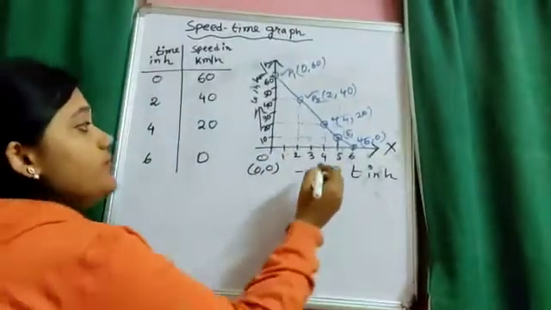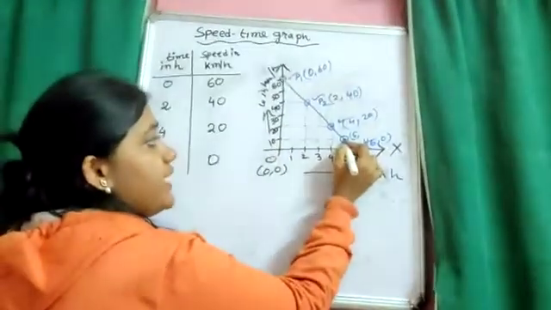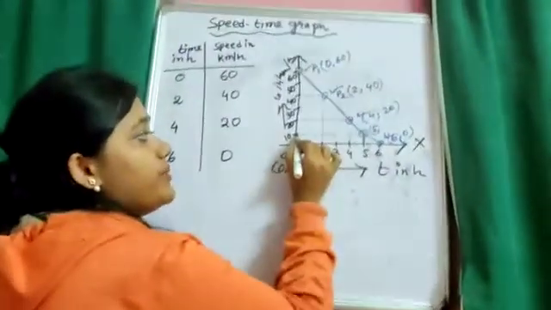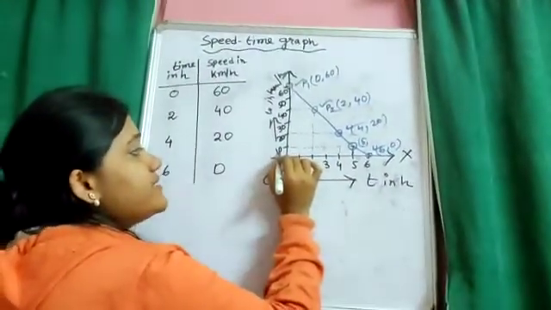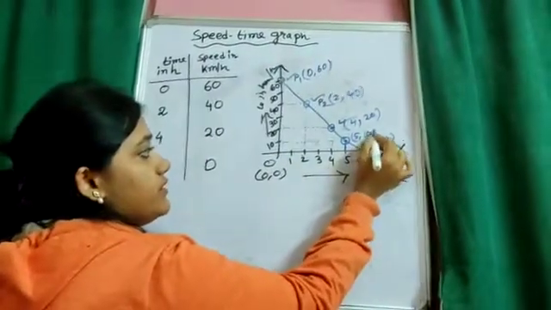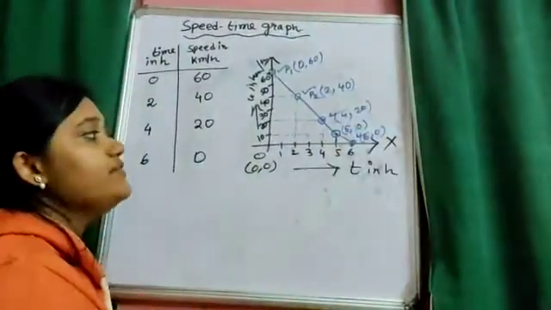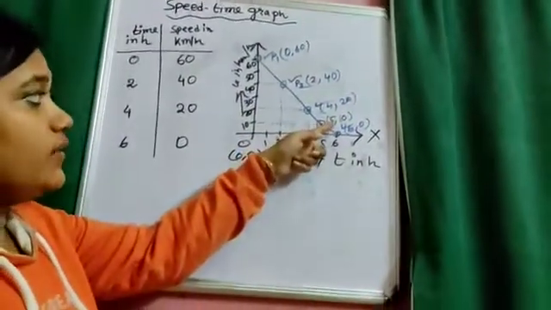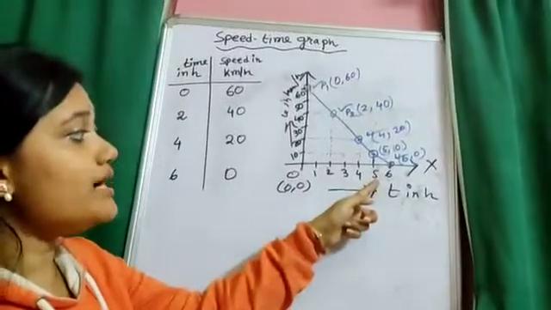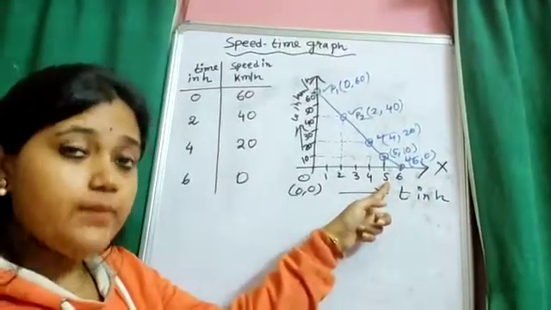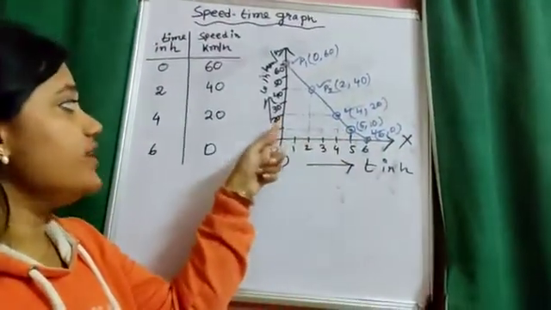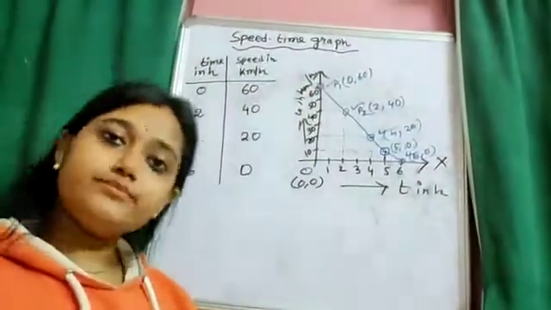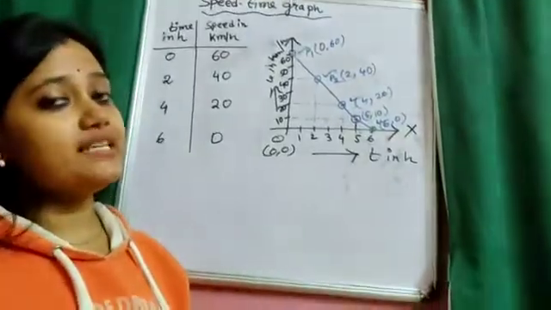Okay, so from this graph, if I have got this one and I have drawn one perpendicular on it, I can see that this one is 10. So (5, 10) is the coordinate. So from here I can tell you that when time was 5 hours, at that time its velocity was 10 kilometer per hour. Okay, 10 kilometer per hour.